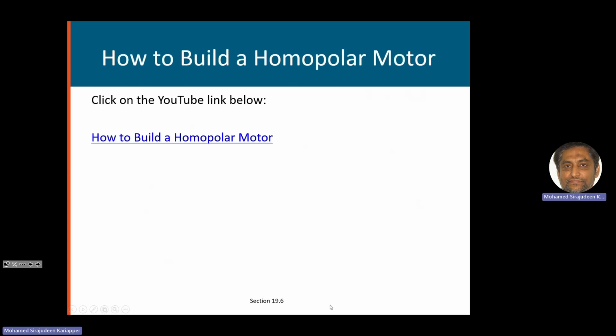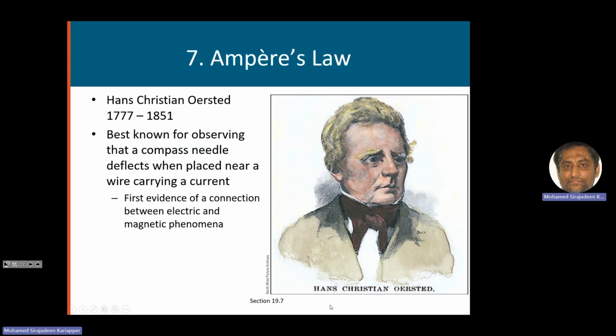We have another link. This one I'm not going to show you, but please do it on your own. If you click this, you can see how you can build a motor on your own with a 1.5 volt battery and some copper coil. Build your own motor. Now, we come to the next section,